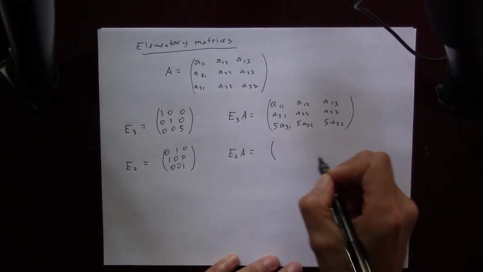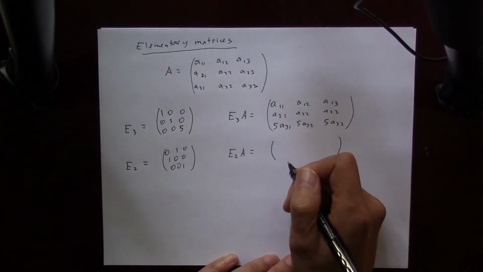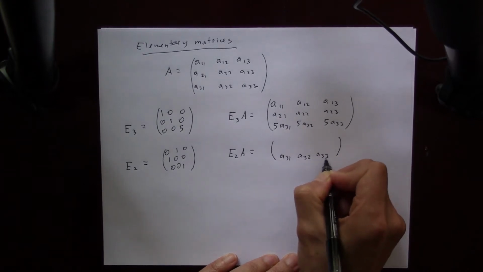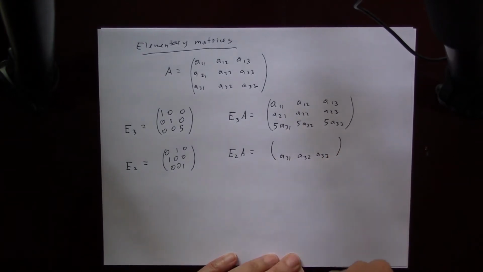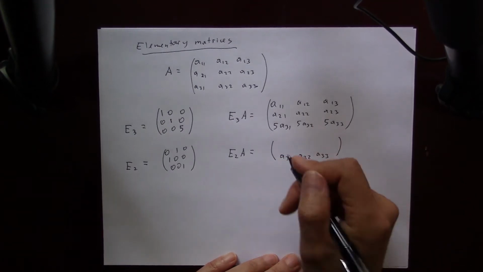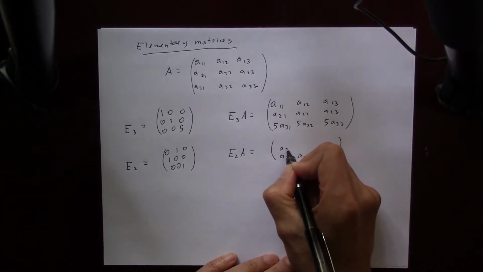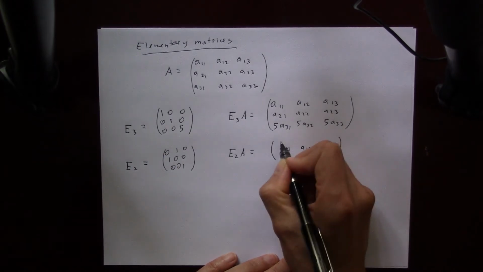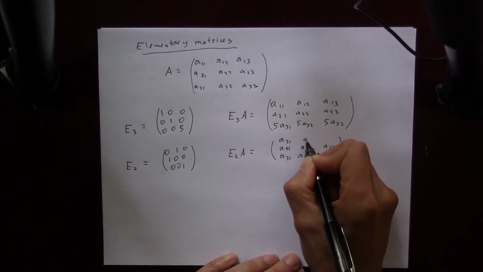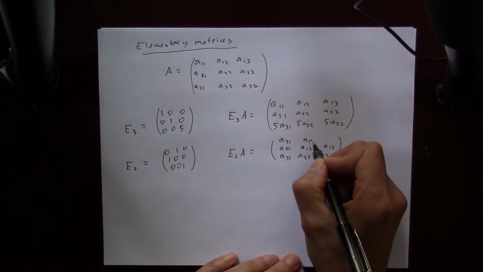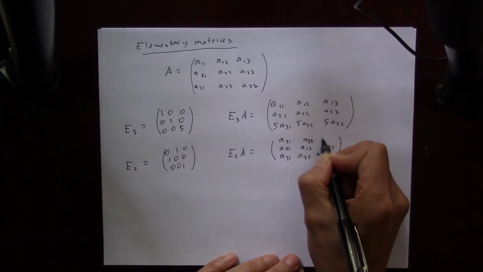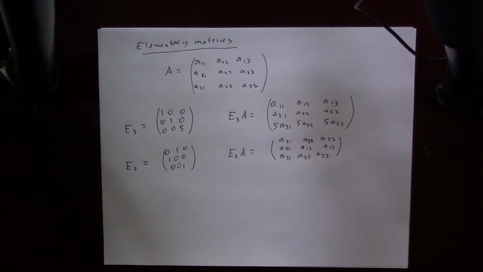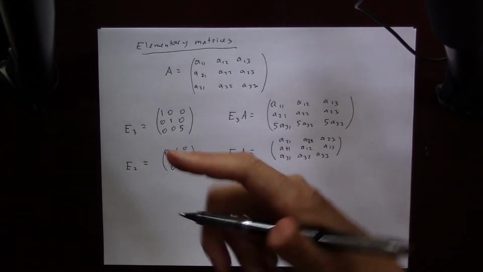We carry out the multiplication. Row 3 is not going to be changed, but row 2 and row 1 are going to be switched. So E2 switches rows, E3 multiplies a row by a number, and E1,